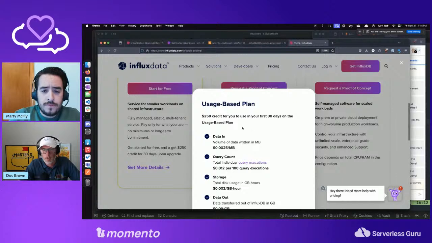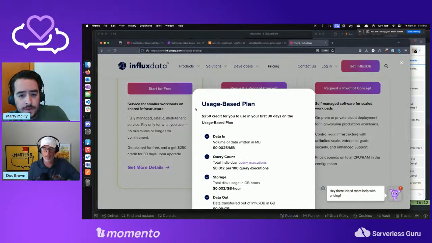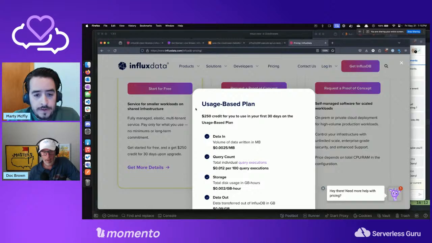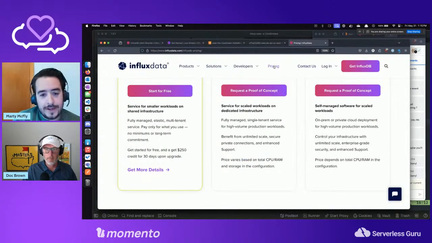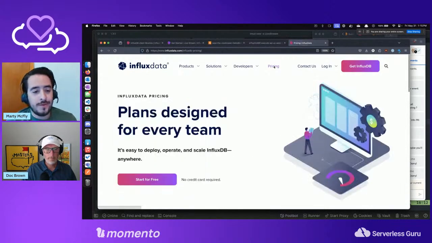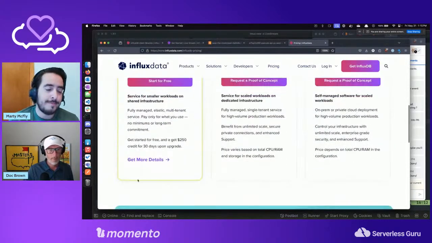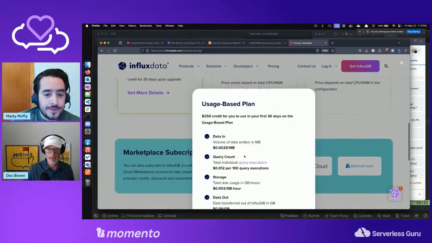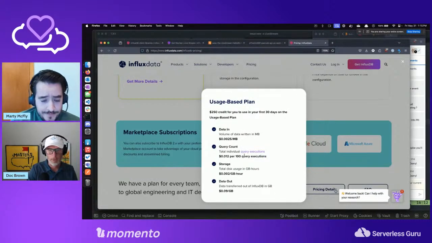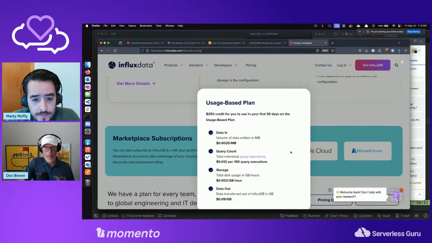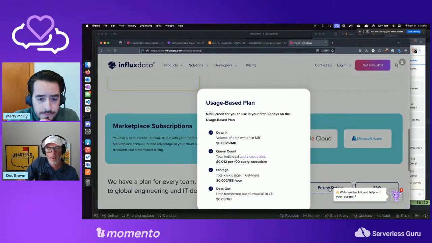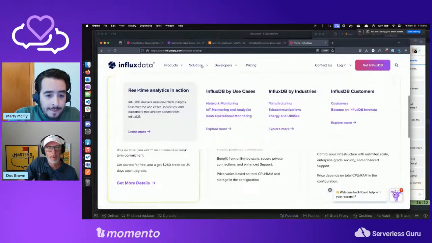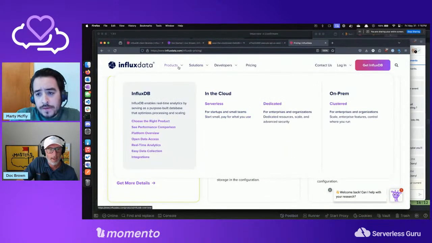It would make a ton of sense to evaluate what they've got going on. It looks like they've got usage-based pricing. You pay per data written, per queries, per storage, and data transferred out. That seems pretty serverless, doesn't it? It's like anything that stores data, you're going to pay for the storage for the life of it. It's never going to go down to zero because you would have to delete it. Let's see. There we go, usage-based pricing. We're not paying for services or instances. That's pretty cool. We're on the free plan. I thought I had seen something where I was able to get more of a... there we go.